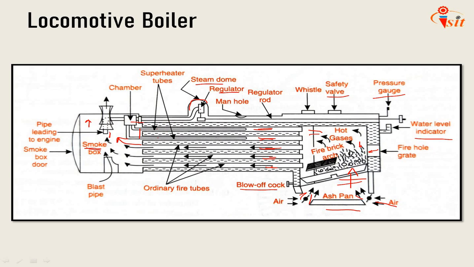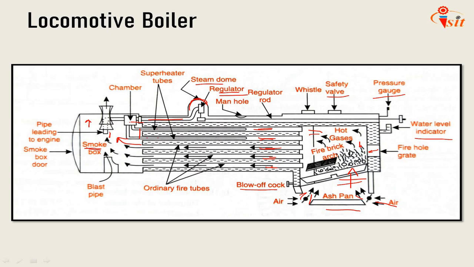A dome-shaped chamber, known as the steam dome, is fitted on the upper part of the barrel, from where the steam flows through a steam pipe into the chamber. The flow of steam is regulated by means of a regulator. From the chamber it passes through the superheater tubes and returns to the superheated steam chamber, from which it is led to the cylinders through the pipes, one to each cylinder.